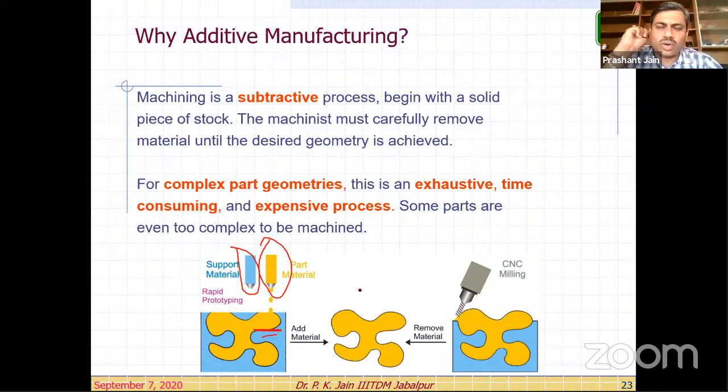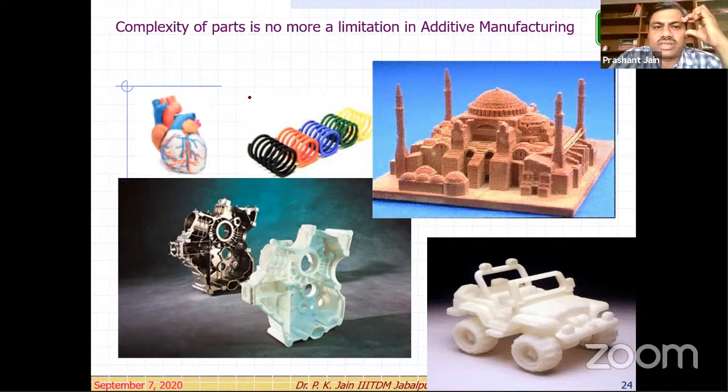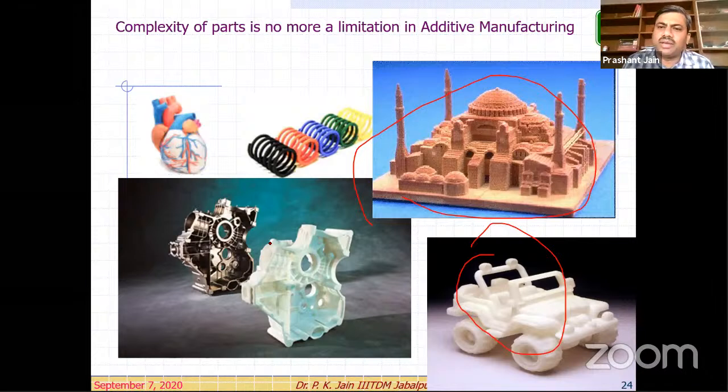But before that, you look at this. What is the main advantage we gain from additive manufacturing or rapid prototyping processes? You see, complexity is no more a limitation, right? Whatever product we can think of, whatever geometric model we can create on our system, that we can fabricate, right? So look at this temple structure here. In this case, some toy model on this side, right? So anything which we can plan, which we can understand, which we can imagine, which we can think of, can become a reality in the form of a product.